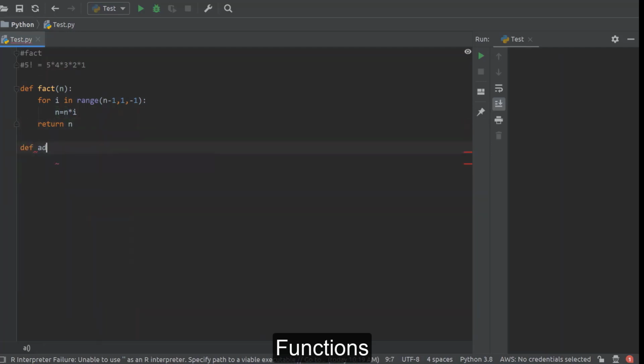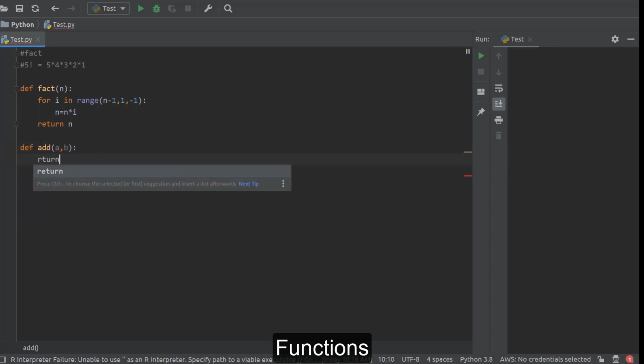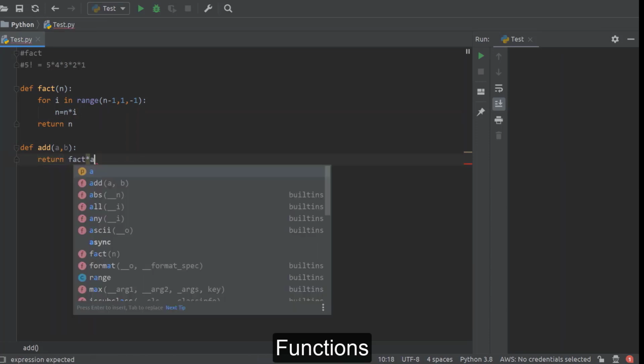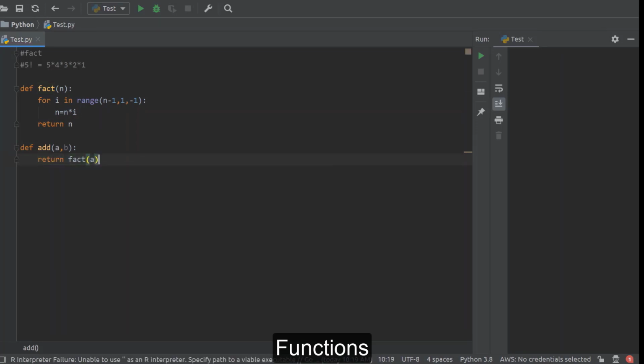Then we are writing one add function like previous one, which takes two values a and b. And now instead of directly adding these two numbers, we are calculating factorial of a and factorial of b, and we create addition of these two factorial values. So add function takes two arguments as the input, finds out factorial through factorial function, adds those factorials and returns it as an output from this function here.